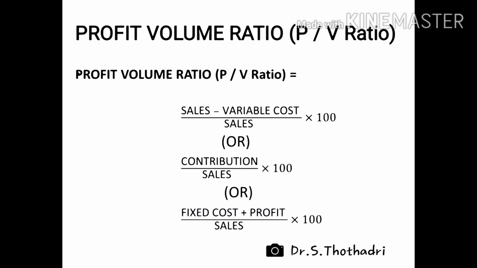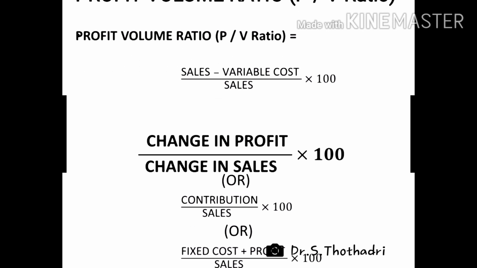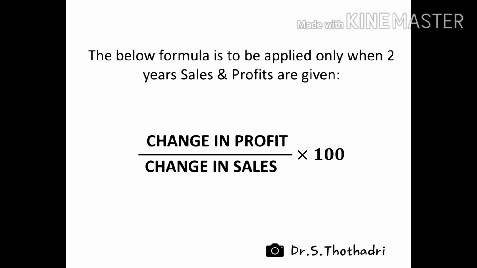The first formula is sales minus variable cost divided by sales into 100, or contribution divided by sales into 100, or fixed cost plus profit divided by sales into 100. The fourth formula is to be applied when 2 years sales and 2 years profits are given. The formula to calculate PV ratio is change in profit divided by change in sales into 100. So depending upon the information given in the problem, we have to apply the formula and derive